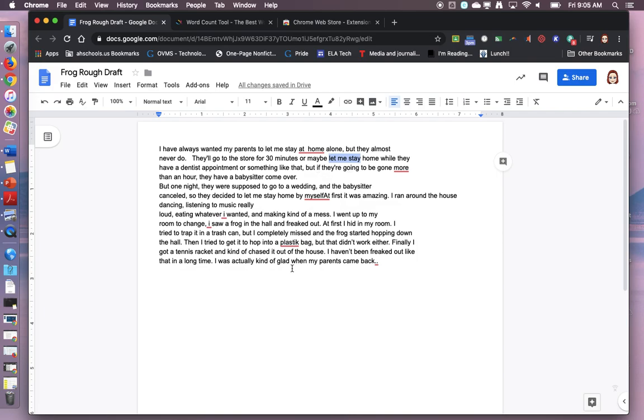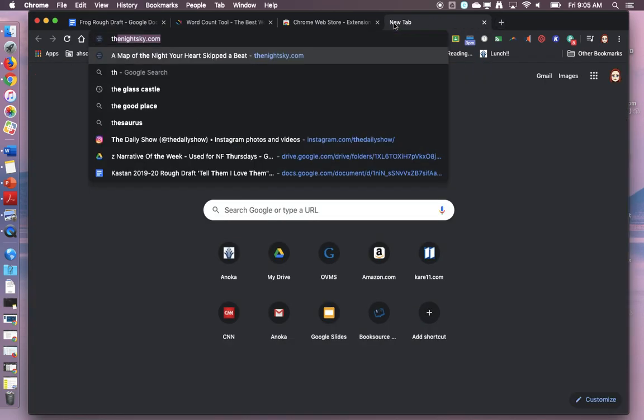And the last "let me stay" is right next to it. So they decided to let me stay home. Instead of "let," we could use another word. I'm thinking "allow." But if you're having a hard time thinking of another word, you could also just go to thesaurus